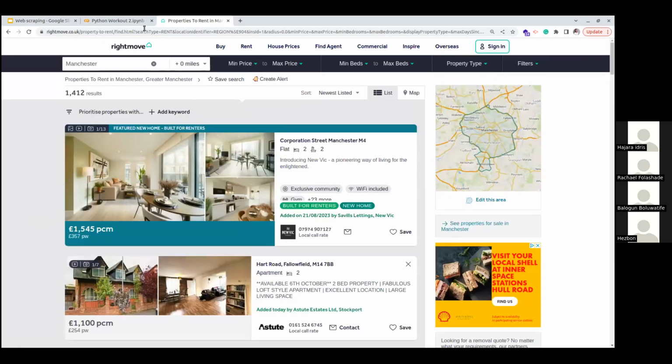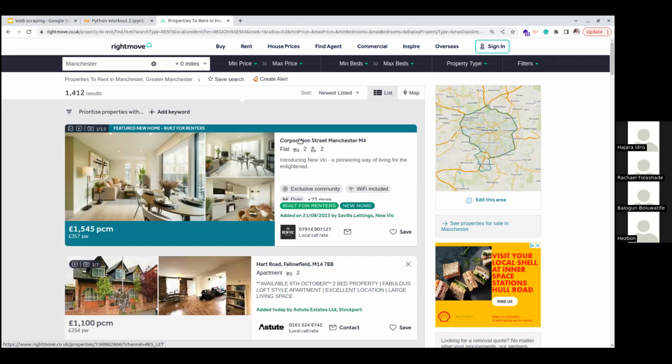So this is the website that we want to scrape. We've come to the URL. You can see that there are over 1,000 results of houses here. We probably need information like the location, the house address. For the UK, they don't usually write the full address. They'll just give you the street number so that you will not just go to the house and knock on the door. Until you say you want to view the house, the agency will not communicate the full address to you.